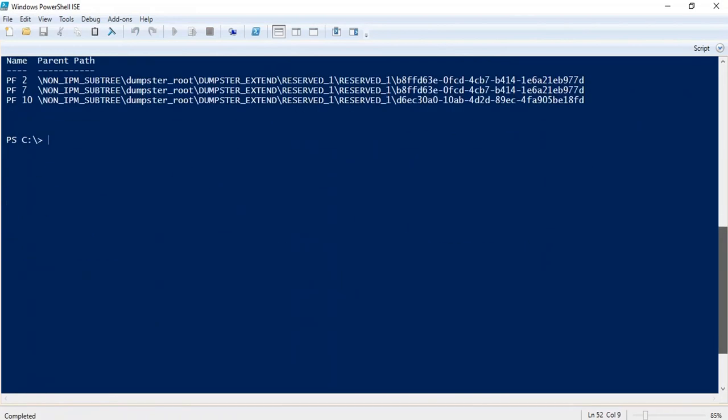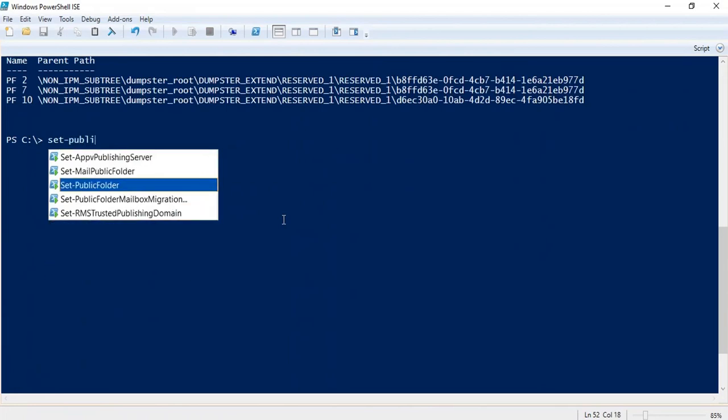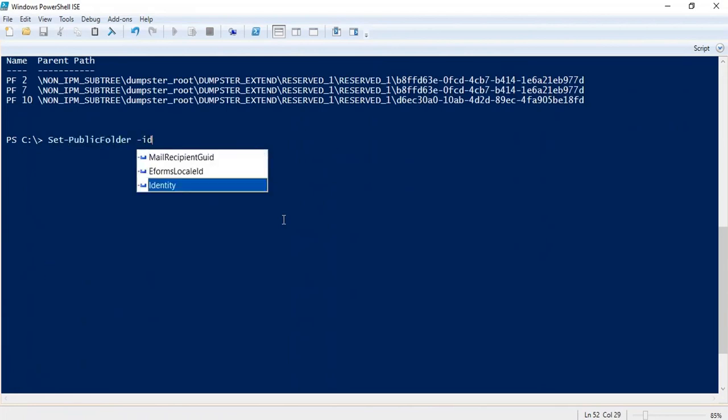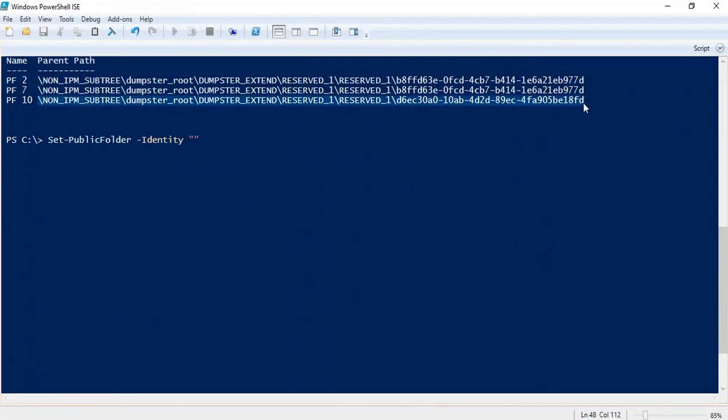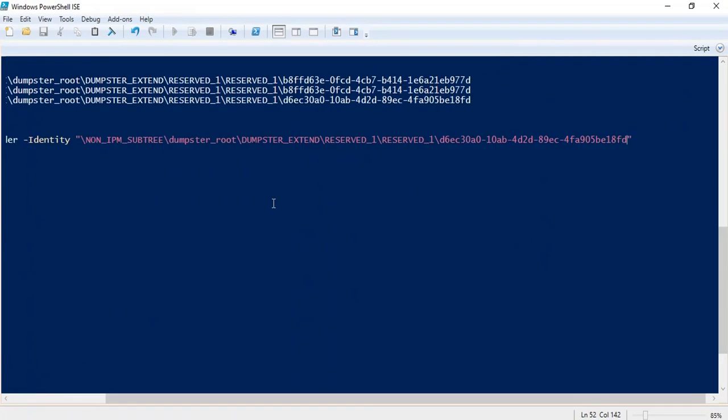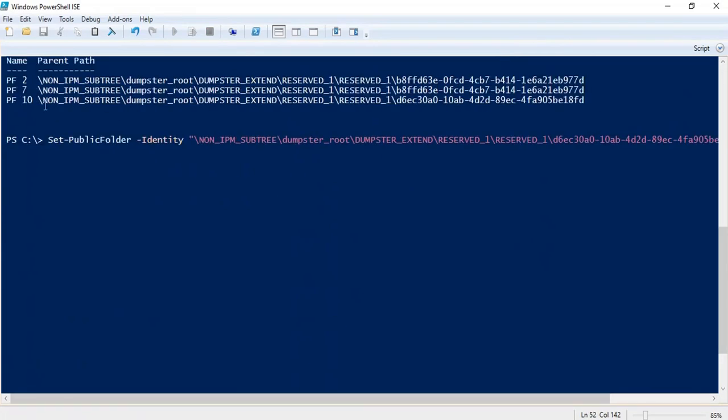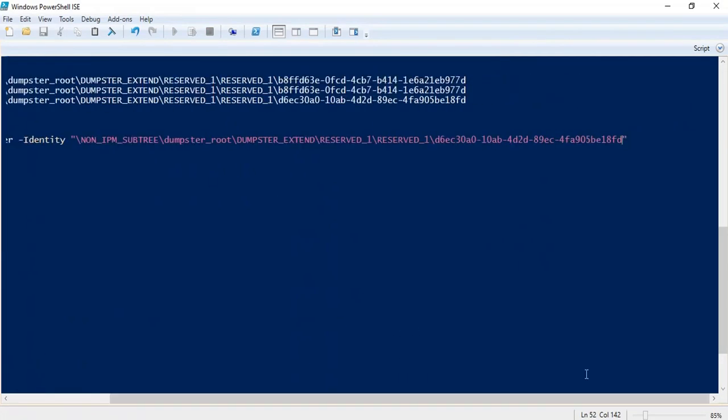If you want to restore pf10, then the command will be Set-PublicFolder -Identity. Within identity, we will copy this complete path, paste it, and then we will mention /pf10.